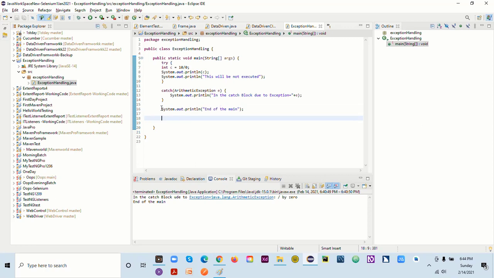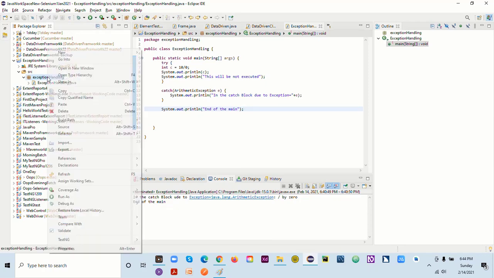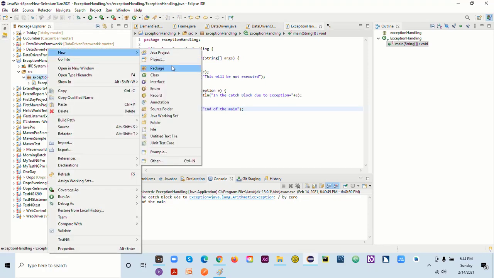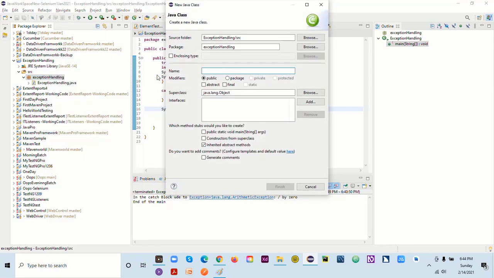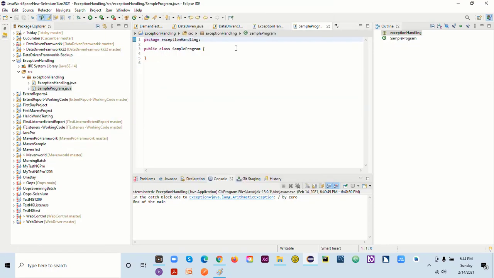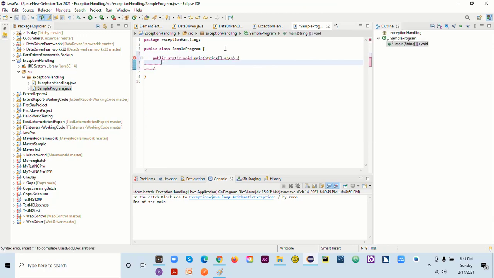So here now it's working. Let's try something here as well. Let me create one more class here, so there's one more program. I will write main, because we need main, so your code will start running from this line.